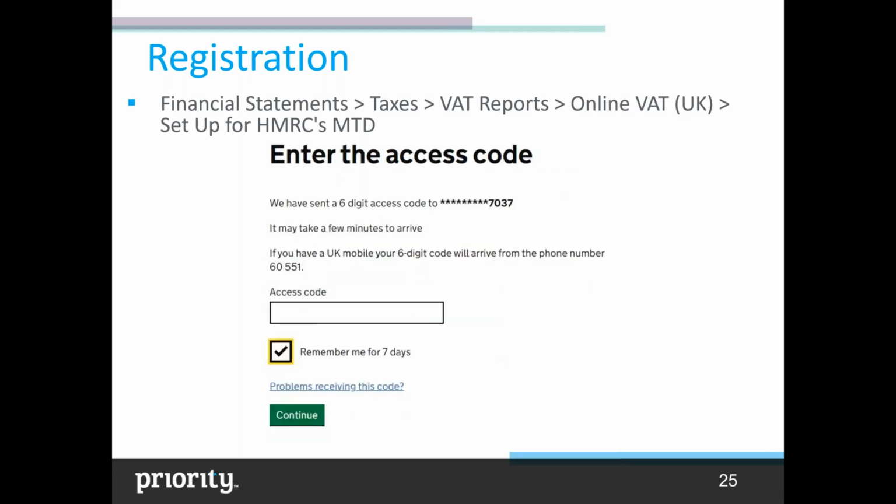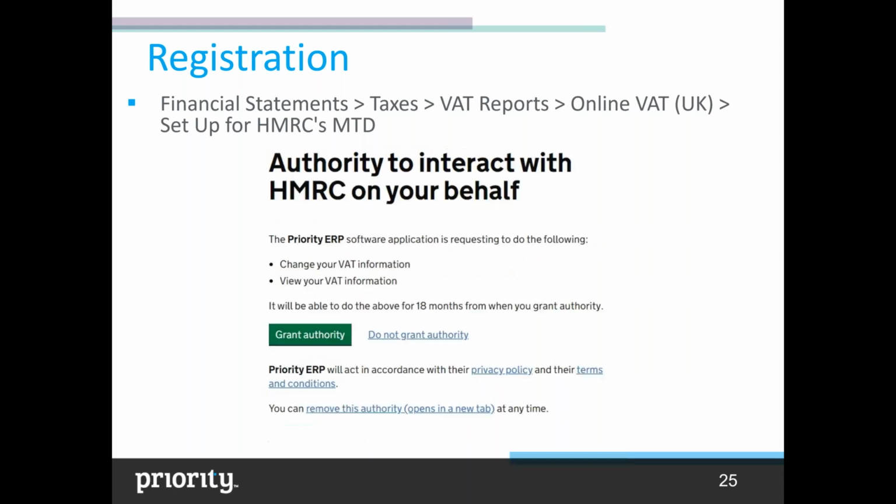It will send you a text message in order to authenticate that it is indeed you. And once it's authorized, it will ask you to authorize Priority ERP as your gateway, as your vendor, because from now on you're going to submit to HMRC using Priority. Once you grant the authority,